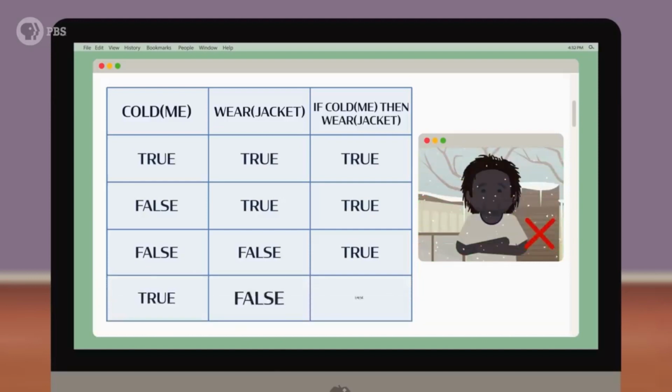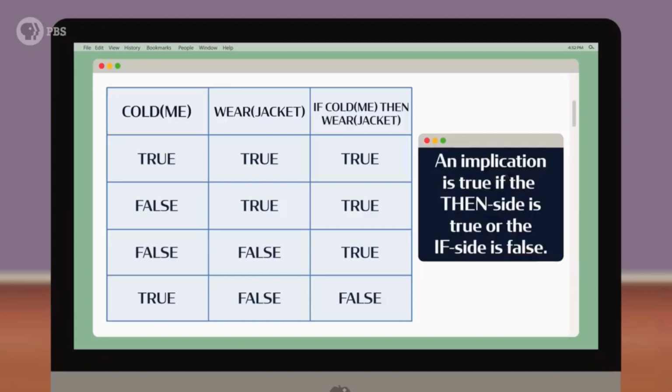But if I am cold and I decide not to wear my jacket, then the statement no longer works. The implication is false. Simply put, an implication is true if the then side is true or the if side